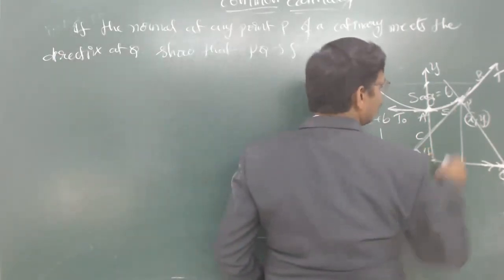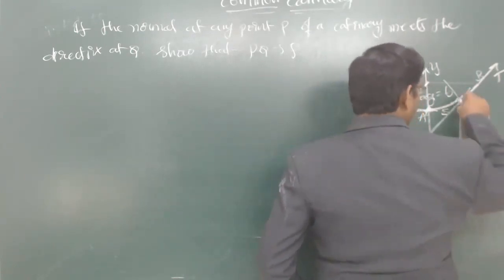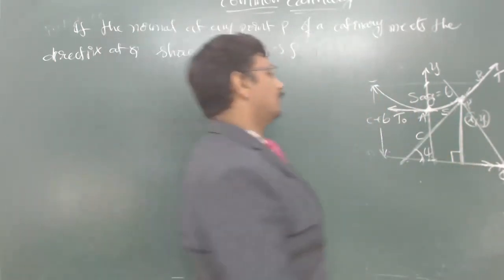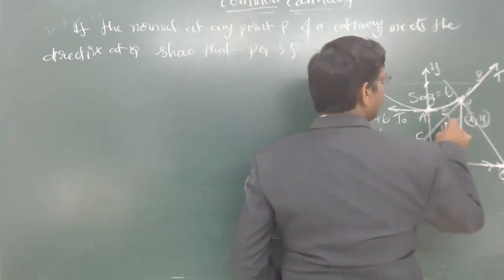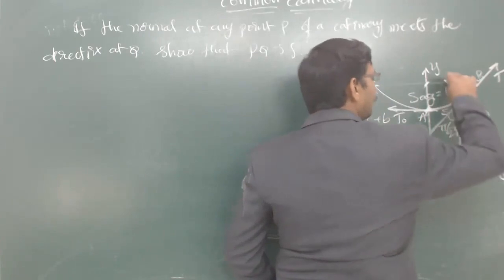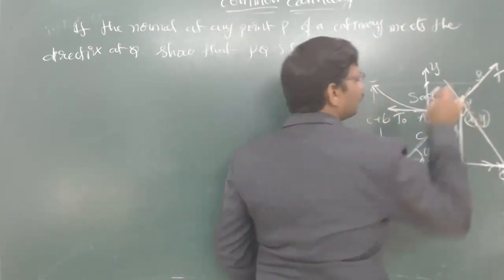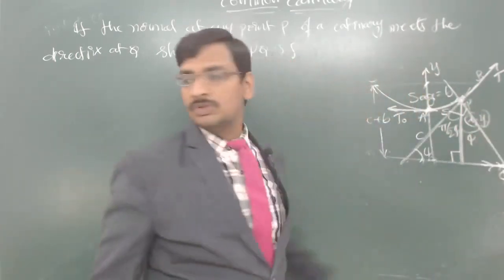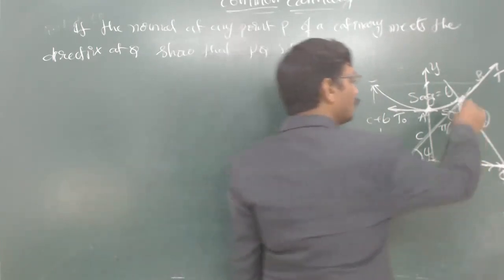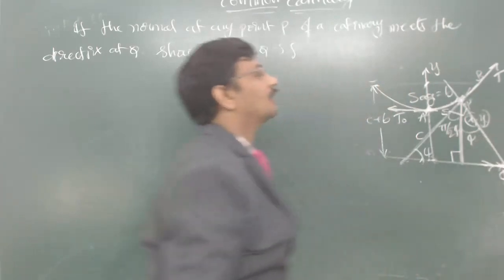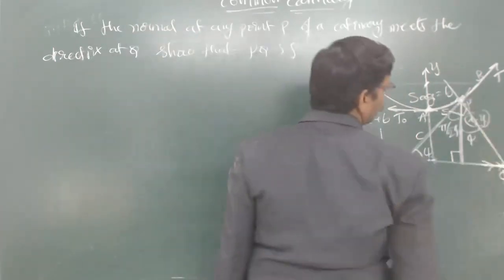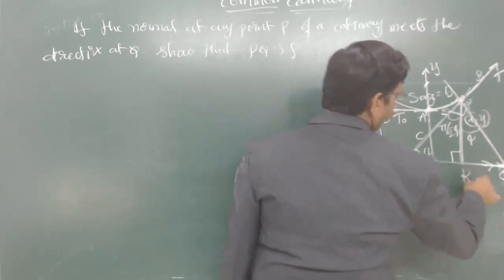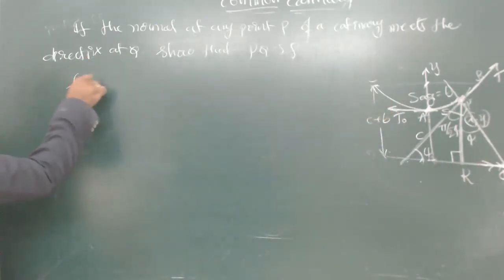If this angle is psi, and you draw a straight line from the point to the directrix, this angle will be 90 degrees because it is the perpendicular. Then this angle is pi by 2 minus psi, and being the normal, it makes 90 degrees with the tangent. Obviously, this angle will be psi. You want the relation between PQ and the radius of curvature. If you want to find the height, this is P and this I call R. So PR, from the diagram,